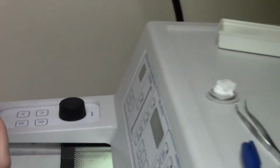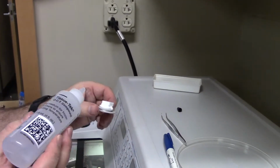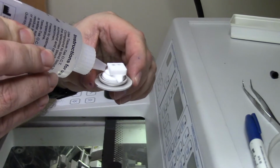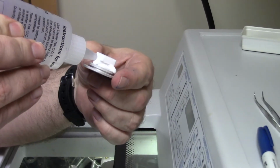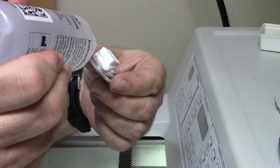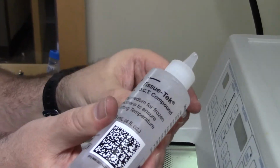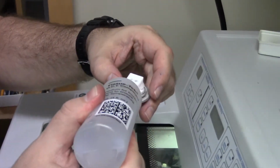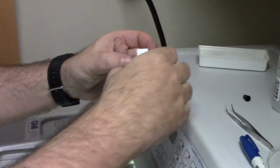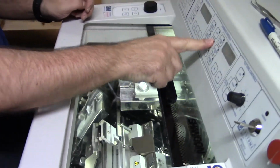So I'm going to use one final layer. Hopefully, this is the messiest part. Okay, so hopefully I'll be able to be successful in my first try here. And I want to add an extra layer of glue around the outside, just to make sure this won't fall off when I start hitting it with a knife. That side's pretty good already. Okay, so lots of OCT dripping everywhere, and I'm going to quickly put this onto the Peltier cooler, turn that back on,